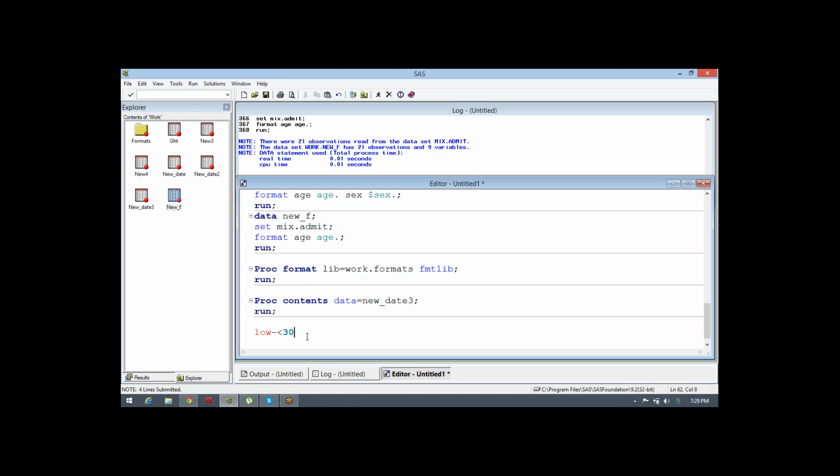So instead of that, we don't want to write it again. If a value falls less than 30, or from low till 30, it will be considered in that particular column. So we can keep something, whatever you want as the label.